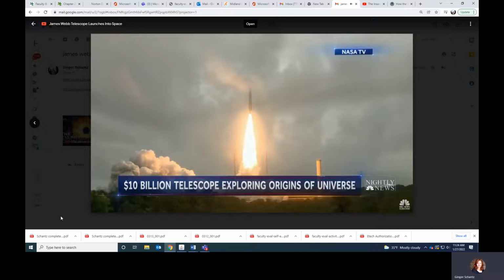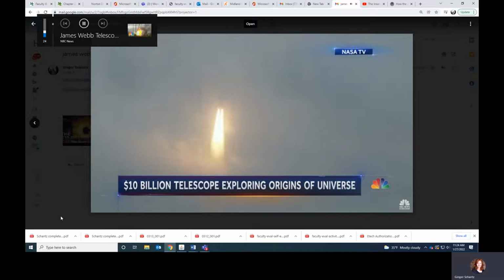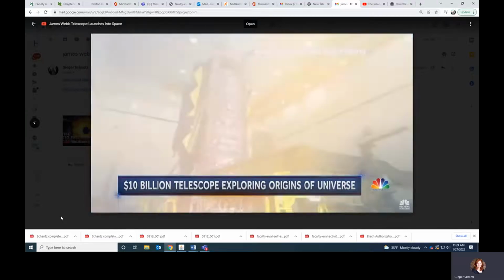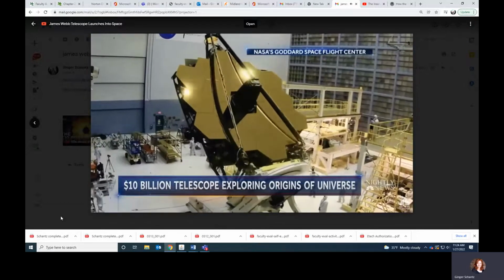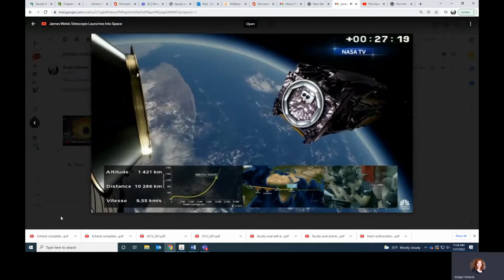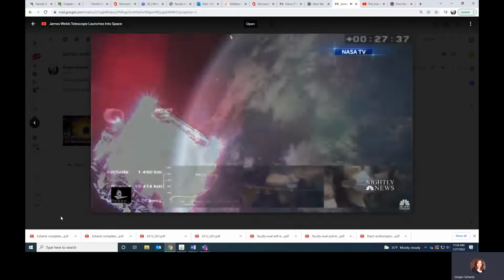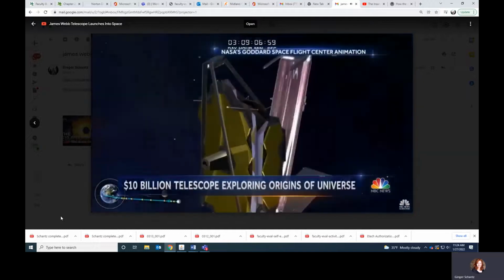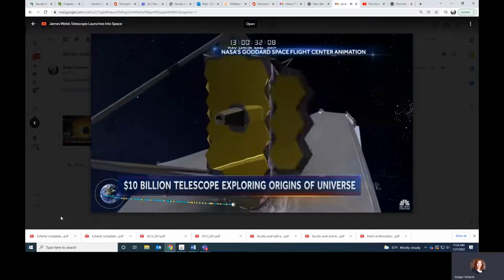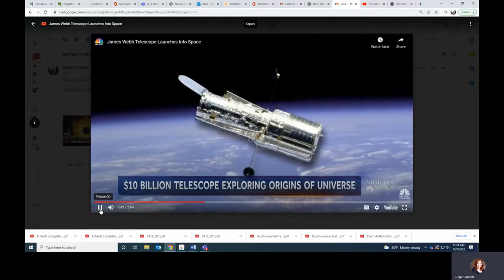Liftoff from a tropical rainforest to the edge of time itself, James Webb begins a voyage back to the birth of the universe. A Christmas launch from South America. The new $10 billion James Webb Space Telescope, the ultimate holiday light display. Go Webb! Moments later, real-time images with the telescope making its way into deep space. Now taking its first steps in pursuit of cosmological discovery. It now begins a 2-week process to deploy its antennas, mirrors, and sunshield. James Webb now has its array out. It is 100 times more powerful than the Hubble telescope before it, and will...